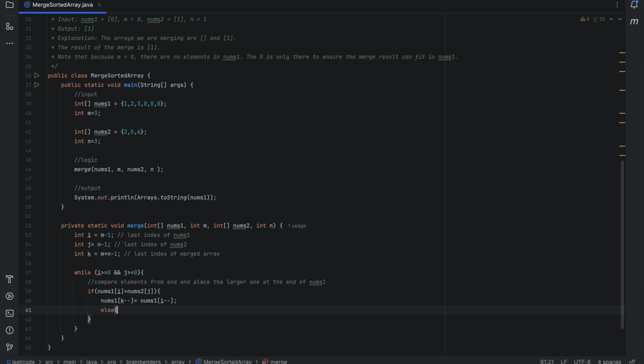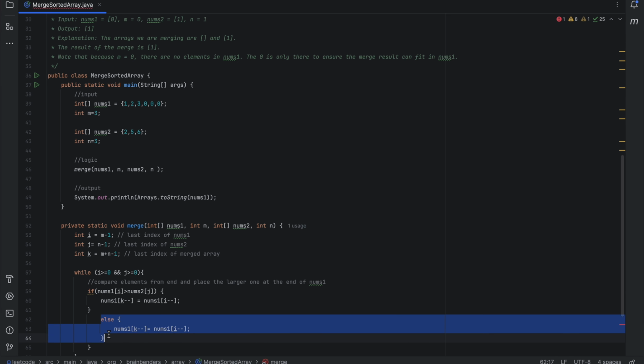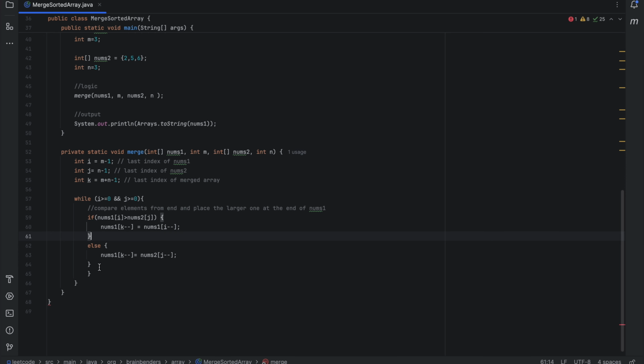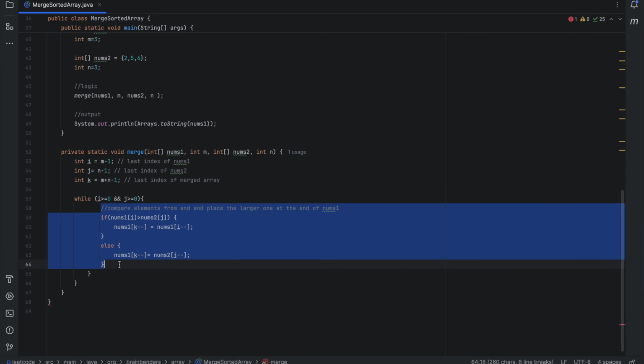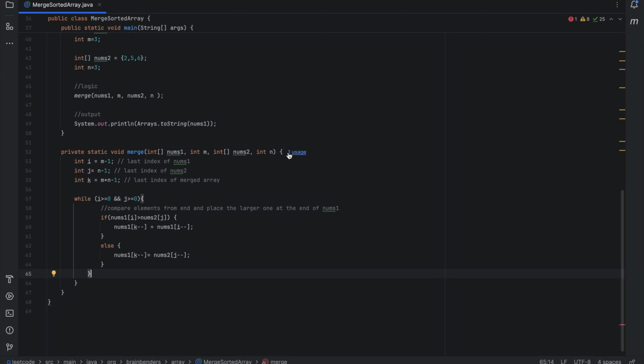Else, if it is not like that, just the opposite: nums1 of k-- equals nums2 of j--. If that works, this while loop will run, and then once this while loop is finished,